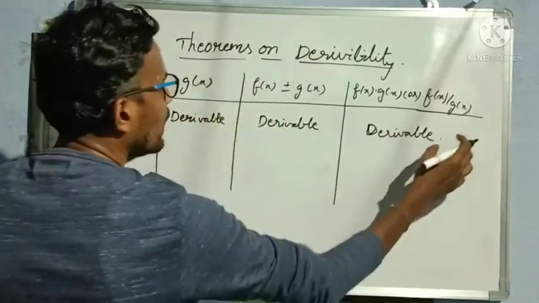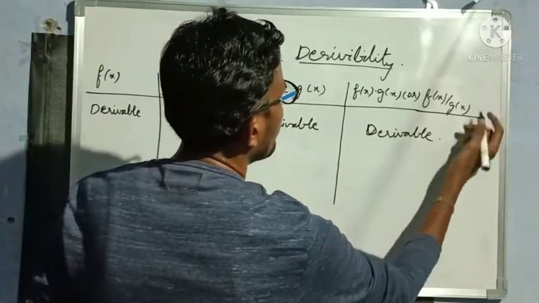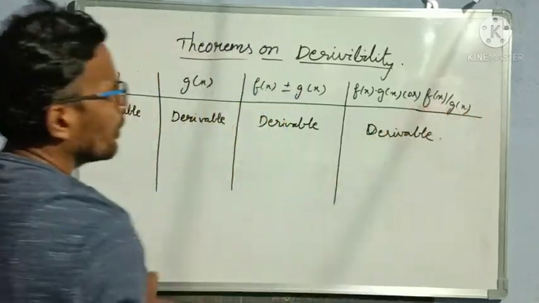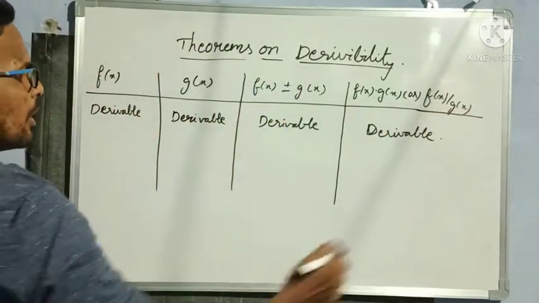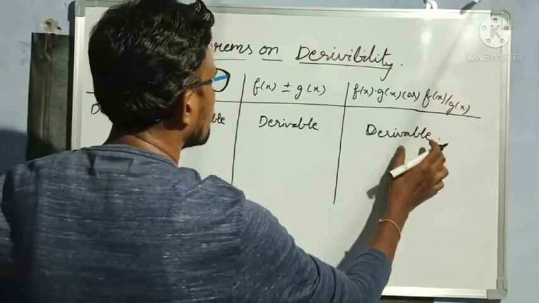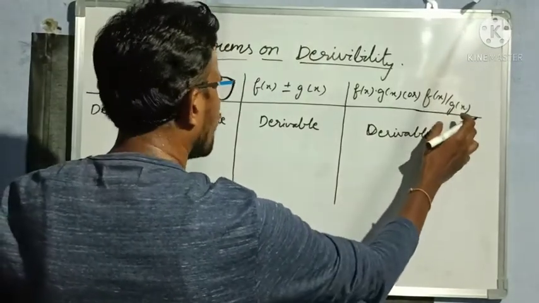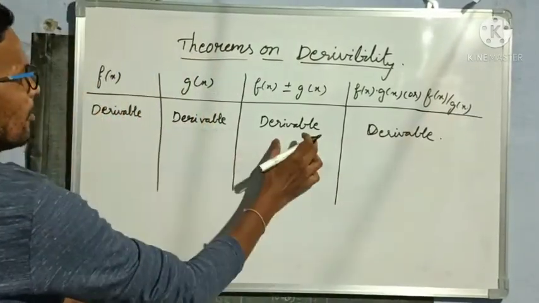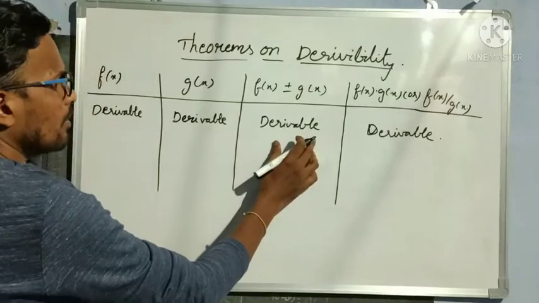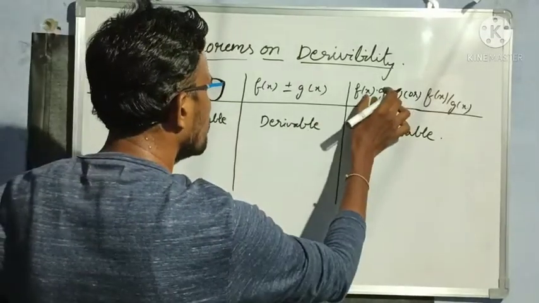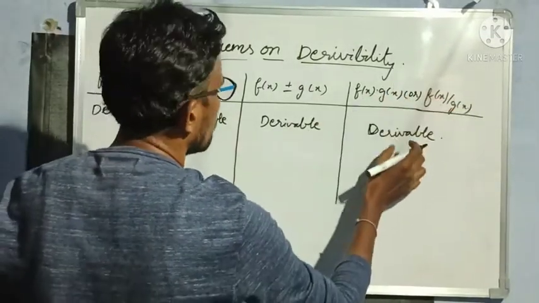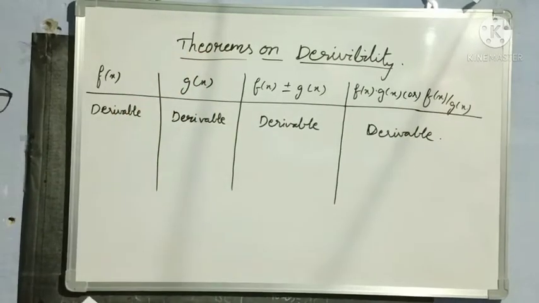Yes, only in one condition, that g of x is not equal to 0. When g of x becomes 0, only then this function becomes non-derivable. In all other conditions, f of x plus or minus g of x is derivable, and f of x into g of x and f of x by g of x both are derivable. Okay. Next,